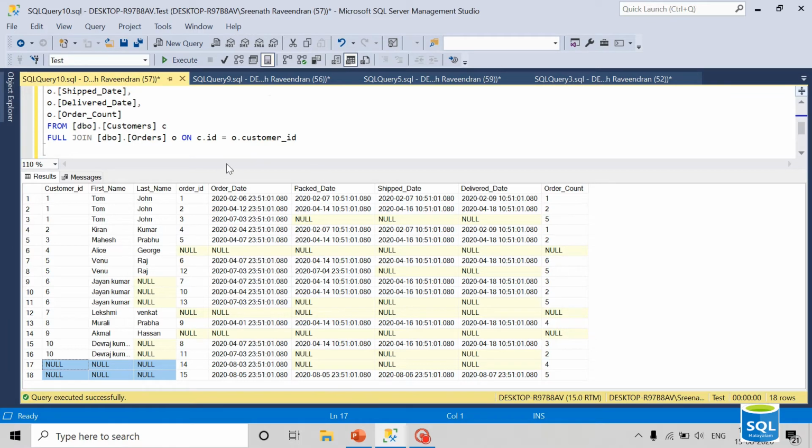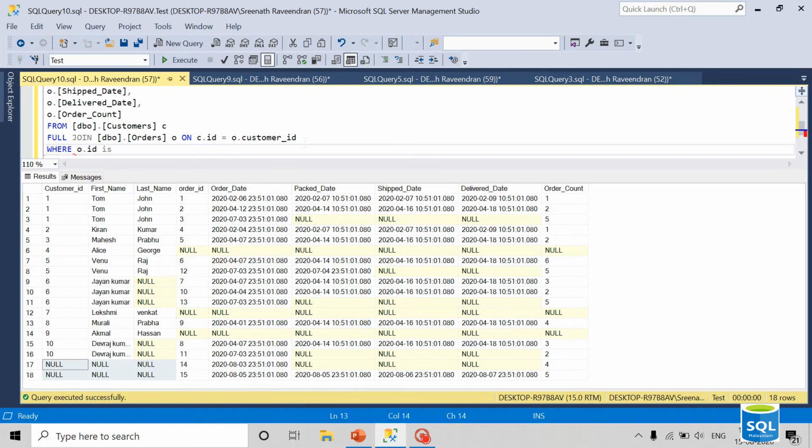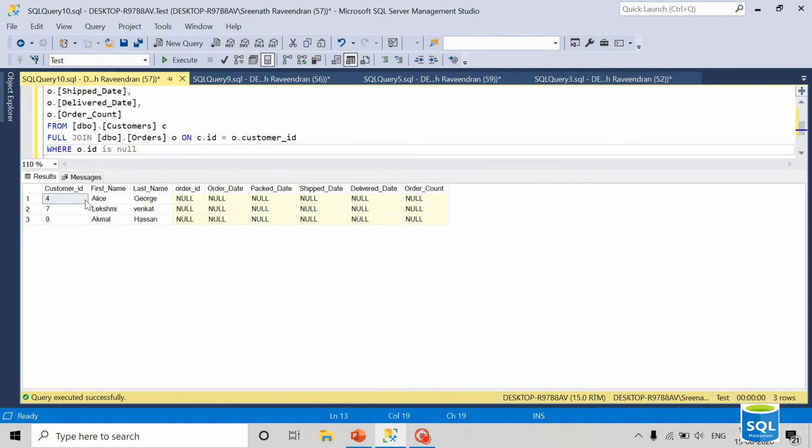Now if I want to select the customers who have not placed any order, I can write o.id is null. Just execute this. So now I got 3 customers' details, those who have not placed any order.